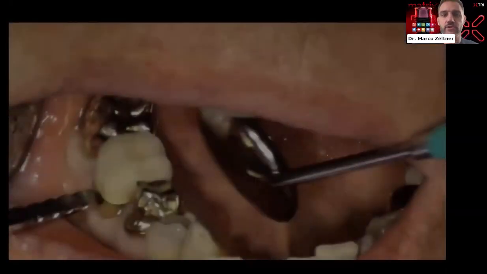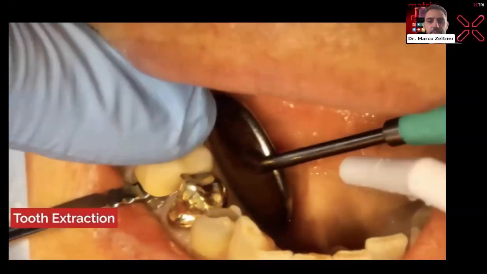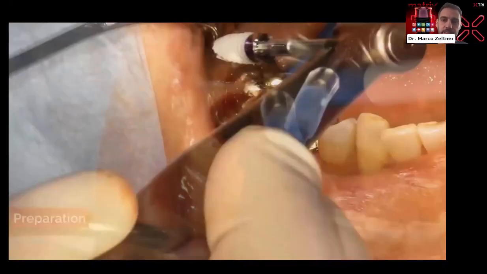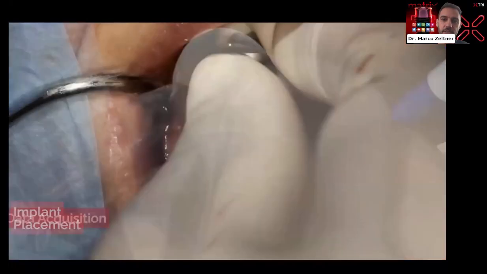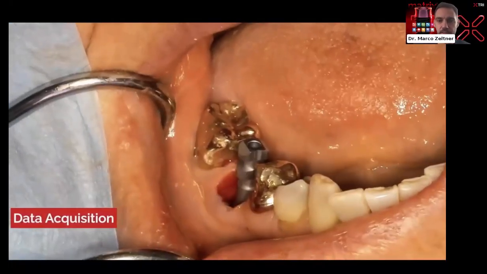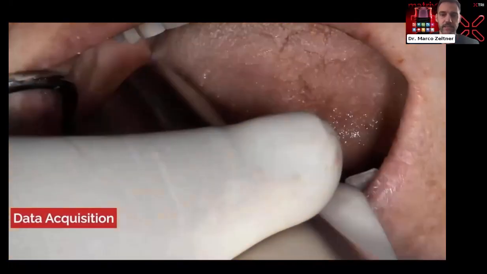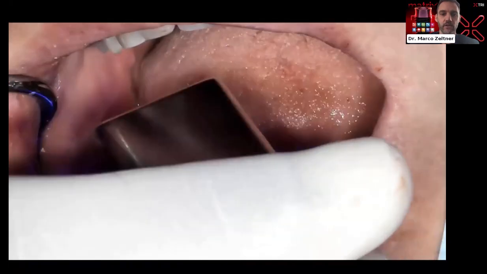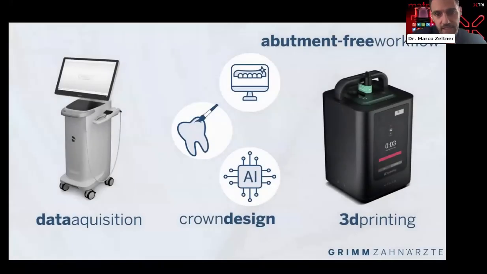And I would like to show you this case step by step in a video, also to repeat our established workflow for immediacy. This tooth is extracted flapless, with segmentation of the roots. Then the implant is placed in the septum. And here we collect the data of the implant position already. And for this data set